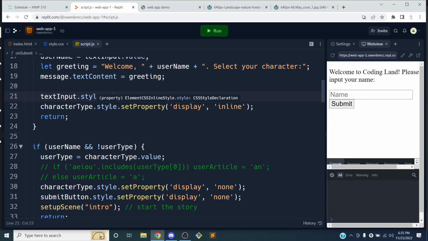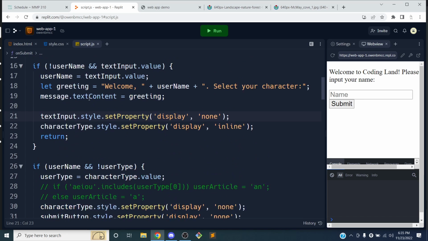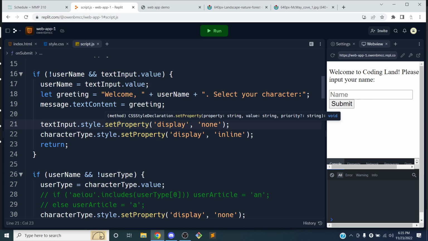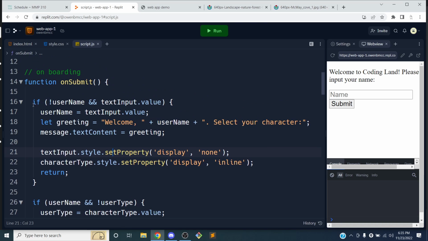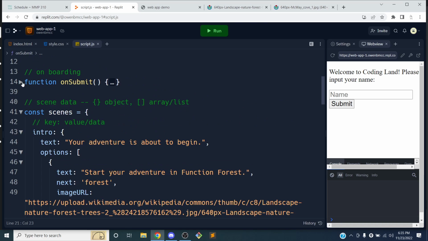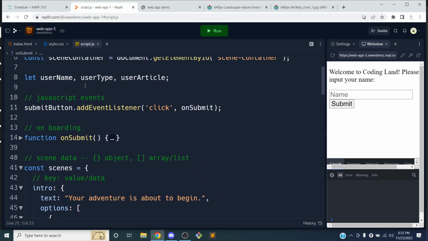If we have a style sheet and we want to apply it to a lot of styles, that's a good way to do it. If we just have one property that we want to set, you may just do it in JavaScript. It may be easier. It may be more efficient to do it that way. Okay,